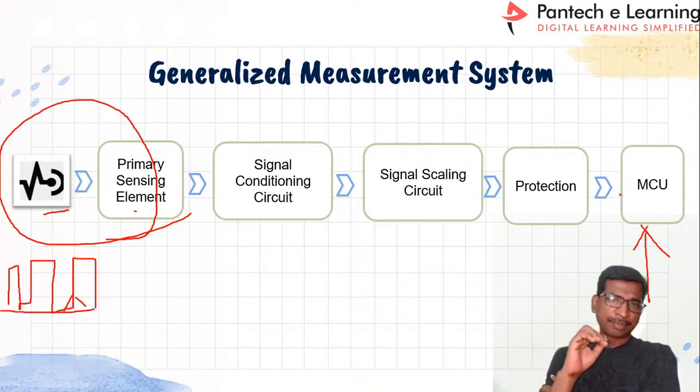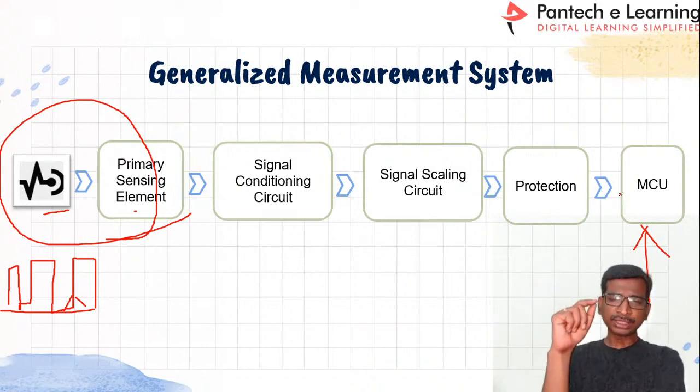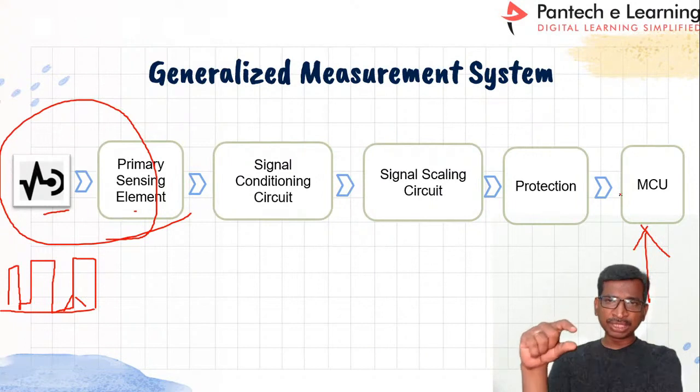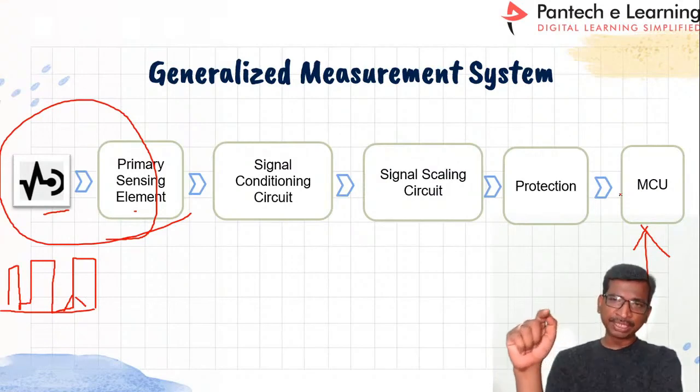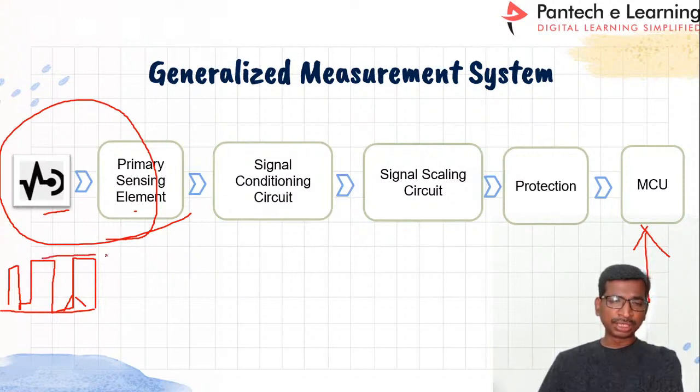See, actually the microcontroller operating voltage varies. For example, the 8051 will work under 5 volts, whereas if you take FPGA processors, they will work under 1.2 volts, sometimes 1.8 volts. Similarly for the DSPs, 3.3 volts. So like that you have to generate whatever the input voltage for this board. Let us take 5 volts, if you are going to use the DSP board, the DSP board will work under 3.3 volts.